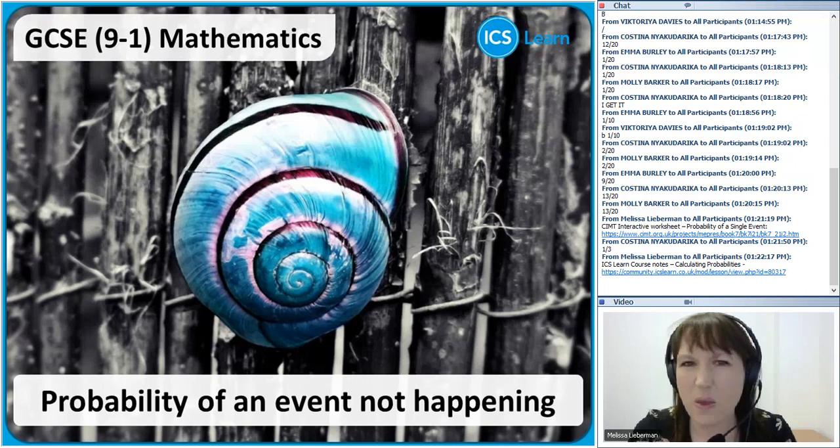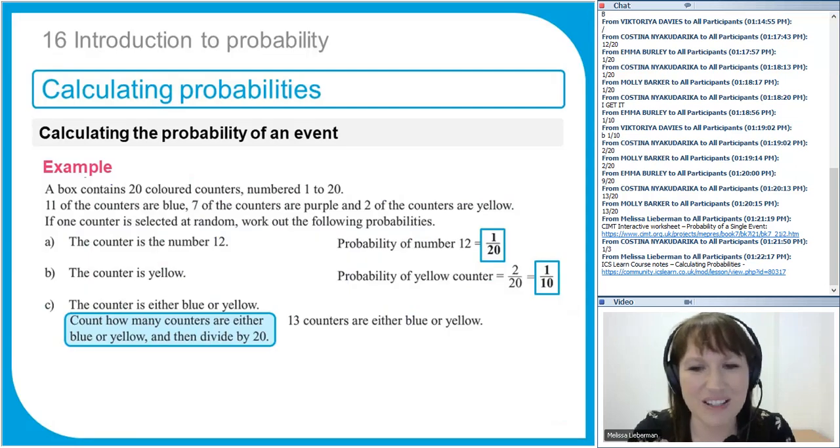So how do we work out the probability of something not happening? This is sometimes called complementary events. So something is either going to happen or it isn't. So in other words, both those things together have to add up to 1. So if we know the probability of something happening, then the probability of it not happening must be 1 subtract the probability of it happening, and vice versa. Oh, there's that missing slide. I must have just got them out of order there.